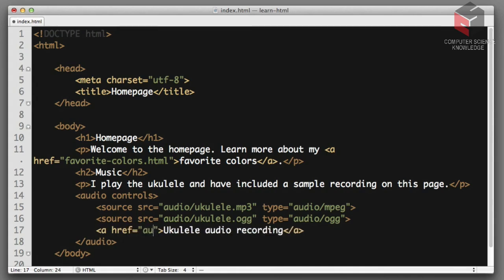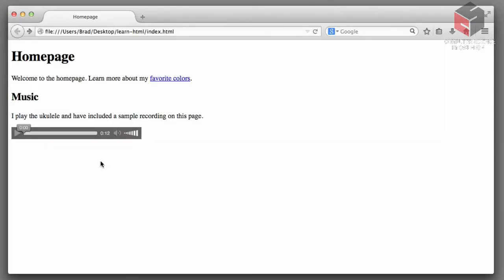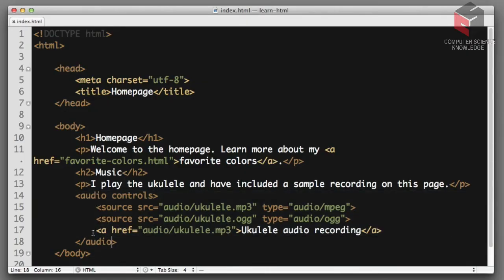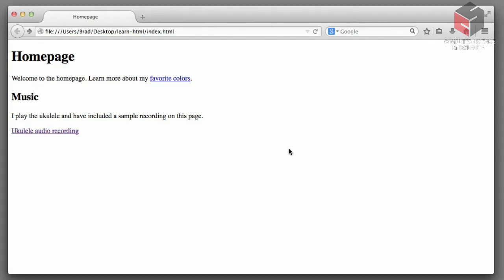Now on this element, we want to give it an attribute of href, and this is where we point to the file, audio, and we'll use the MP3 file because it's the most common format, ukulele.mp3. So with this code in place, newer web browsers will still see a player that they can click on. However, let's pretend that I was using an outdated web browser. I would see simply this link, this fallback content. So it would look like this. Users would still see a link that they can click on,